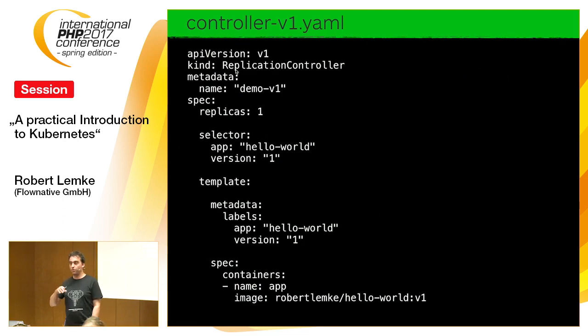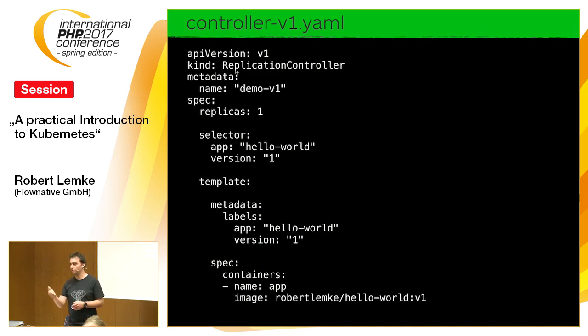And it starts, of course, with 0 pods. And when it sees, oh, there are 0 pods, I need to create some. And for that, it needs a template. And that's what you see in the second part. Here's a template how to create a new pod of what I want to have. First of all, the labels, and then comes the actual specification of which containers that pod should consist.